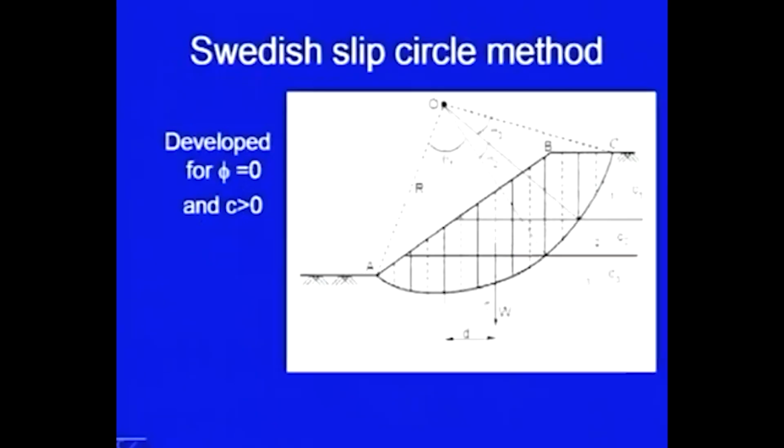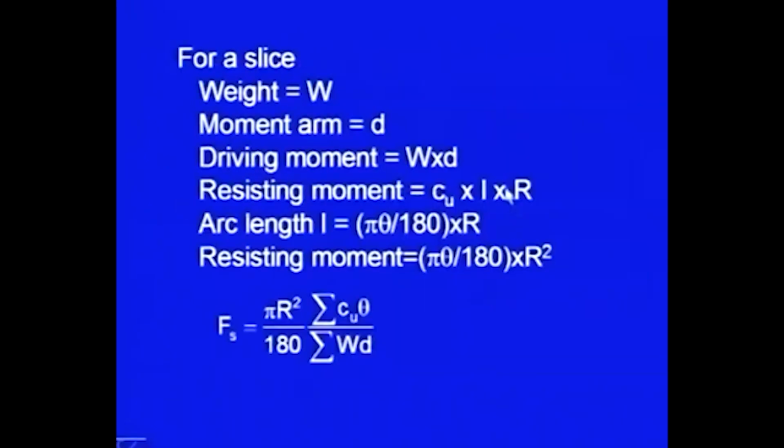So, here if I take any slice, for example, let us say this slice. This length into, we have taken 1 unit length perpendicular to the plane of paper. So, Cu into 1 into L, 1 into L is the area. So, Cu into L into 1, that becomes the force. So, Cu into L, this is the force, multiplied by radius, this gives you resisting moment. And arc length you can find out